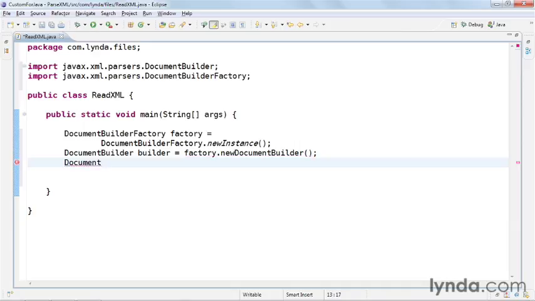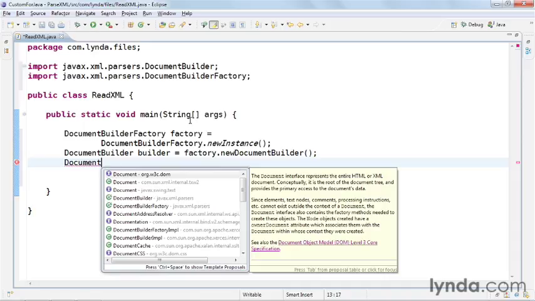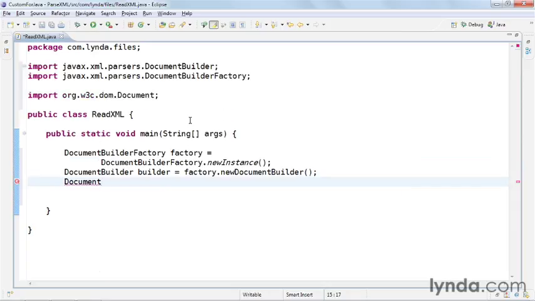Now I'm ready to create my XML document object. The data type for this will be Document. I'll type in the name of the class and press Control Space, and I'll make sure that I'm choosing the Document class from org.w3c.dom. This Document class implements the Document Object Model programming interface as defined by the W3C. It's the same programming interface that you might use in JavaScript and in other programming languages, but it's specifically implemented for Java. I'll name this variable doc, and I'll get its reference by calling the DocumentBuilder class's parse method,